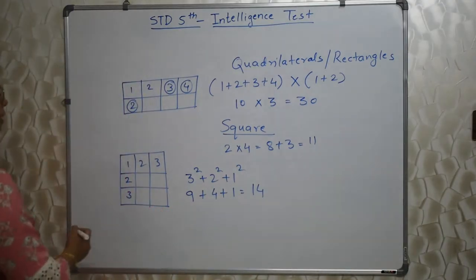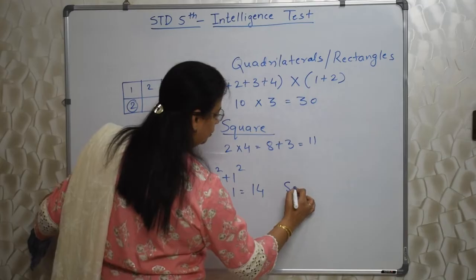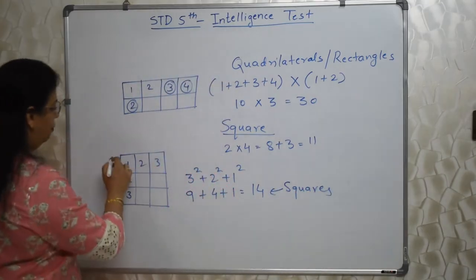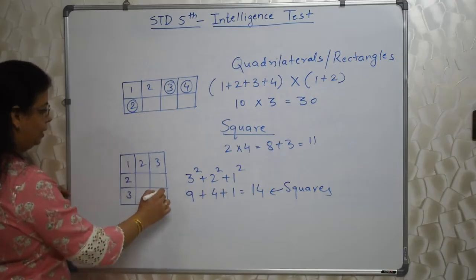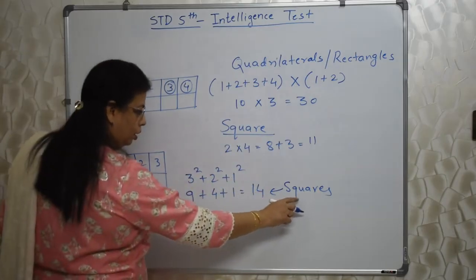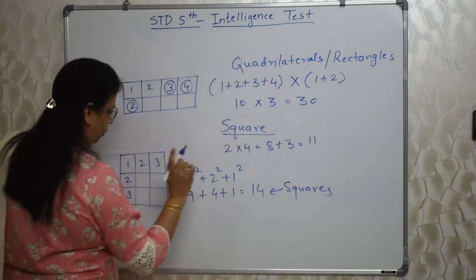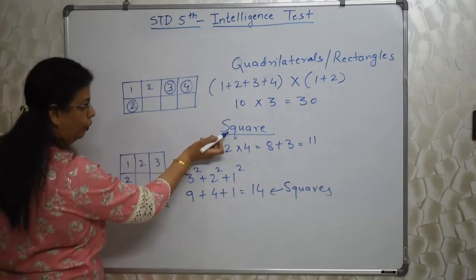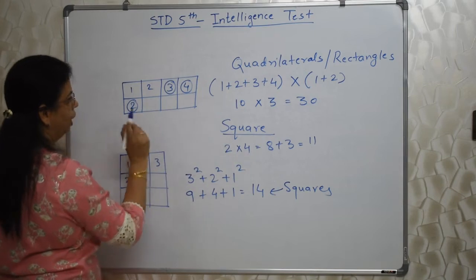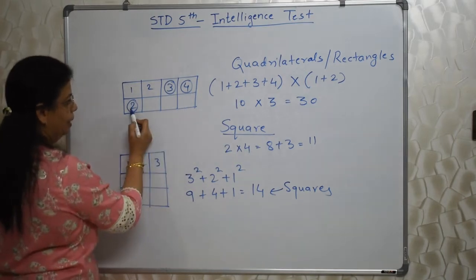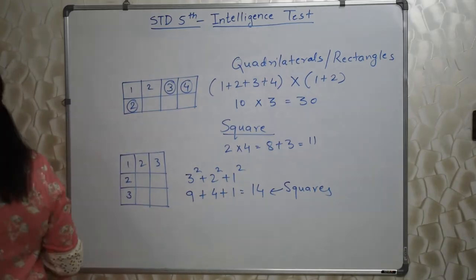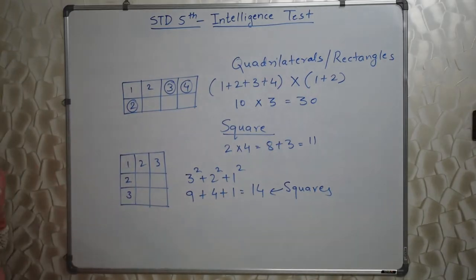Very, very easy. This is again for squares. If they have a perfect square like this and they tell you to count squares, use this formula. If it is in rectangular form and they are telling you to find out squares, use this formula which I have told you. Take the maximum, multiply and then add the next maximum to it. Okay? Revise this, students.